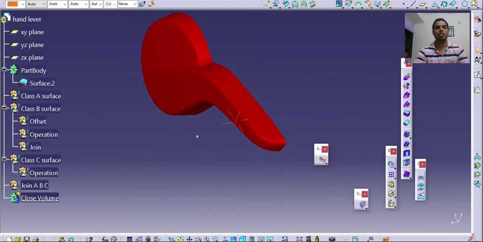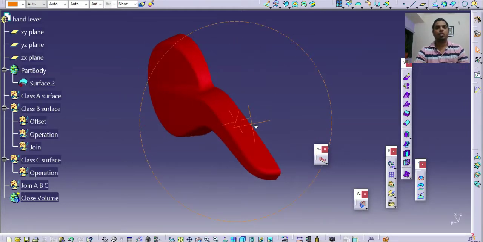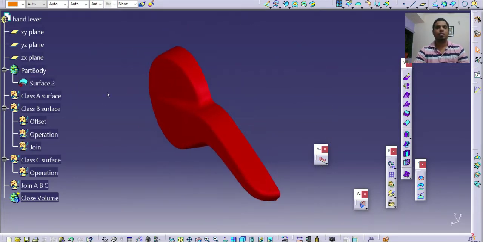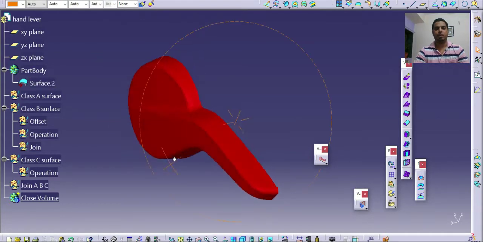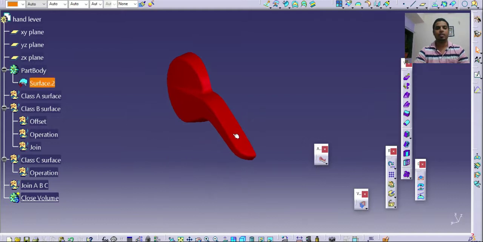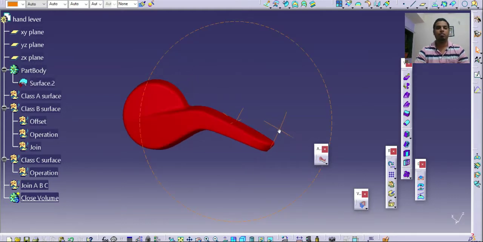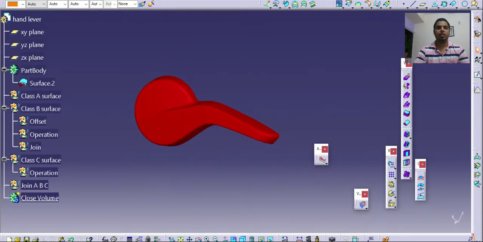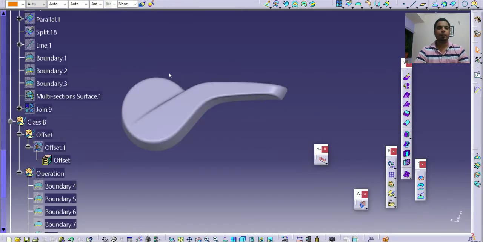Whenever you are appearing for a tool test for a job interview as a design engineer, or for a post of plastic design engineer or plastic component design, you will be given a class A surface like this one. This is typically a hand lever which is available on your seat recliner. By pressing this, we will be moving our seat in a forward or backward motion. They will be giving you a simple part like this one, or if they want to give you a complex part, then they will give it like this surface.